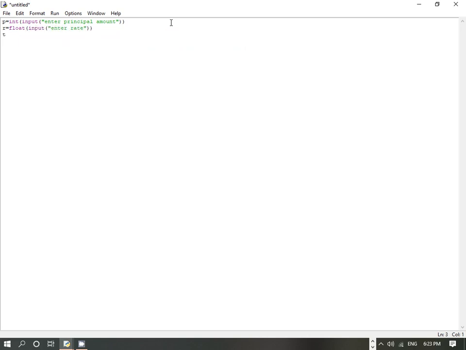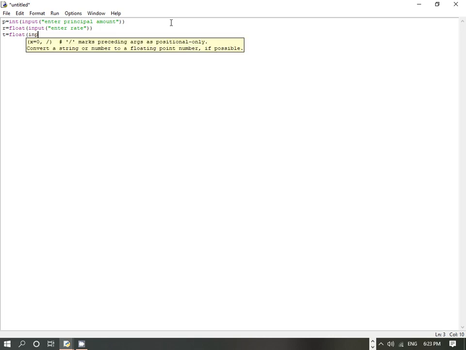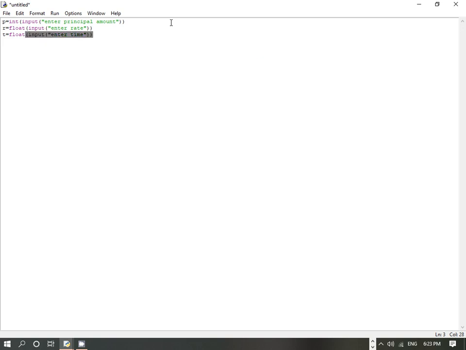Then we will accept time also, time equals to float. We can take time also in float value. So input, enter time.